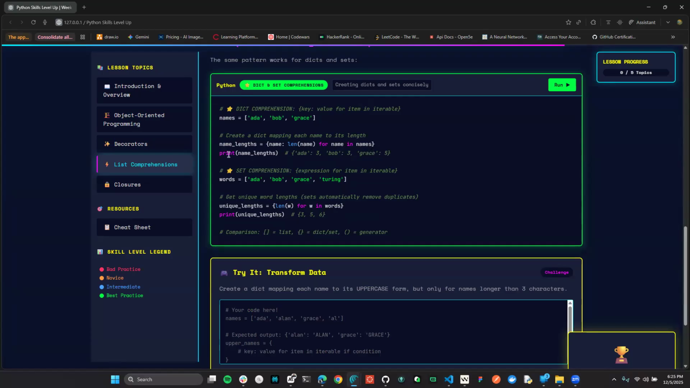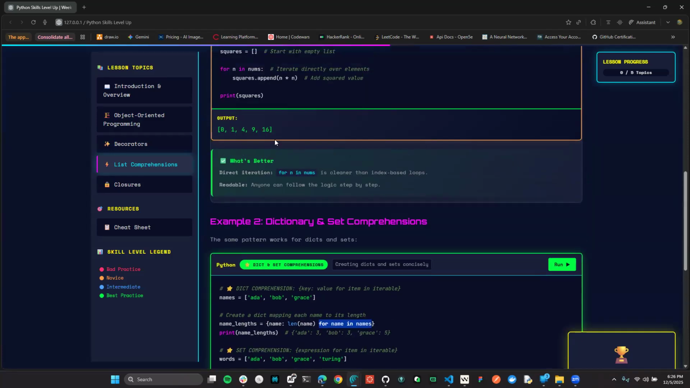So you can see that when we print this out, it's going to give you the key value pairs. The name, Ada, with the length. Bob with the length. Grace with the length. Makes sense to everyone? So, like Rita was pointing out, the for loop right here is the same